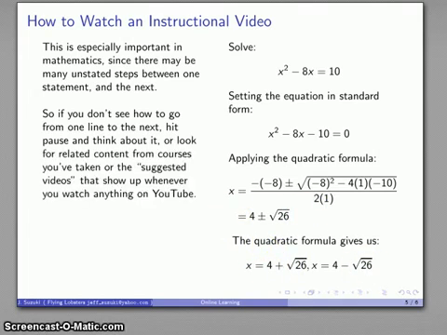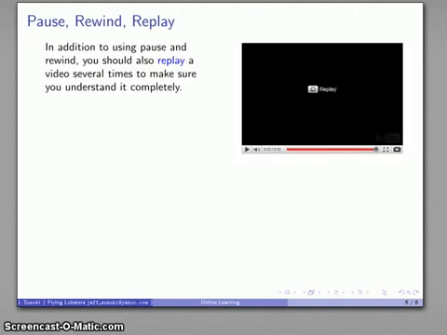And potentially this may require going offline or searching for other sources. You might look for course notes from previous classes you've taken, or YouTube is pretty good about recommending suggested videos whenever you're watching something, and maybe you follow that and it'll tell you how to apply the quadratic formula to equations like that. The important thing is that you need to take those pauses to fill in whatever gaps there may be. A good rule of thumb is that if you're watching a video and you don't hit pause at least 10 times during the course of the video, it's either a very, very simple video or you're missing something very important.